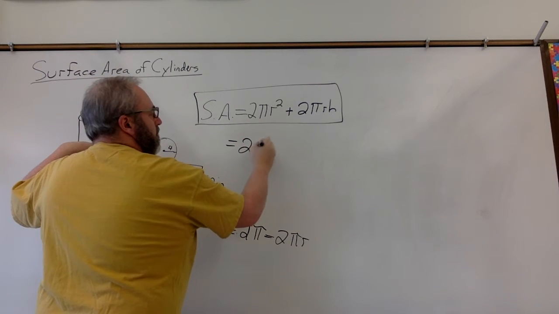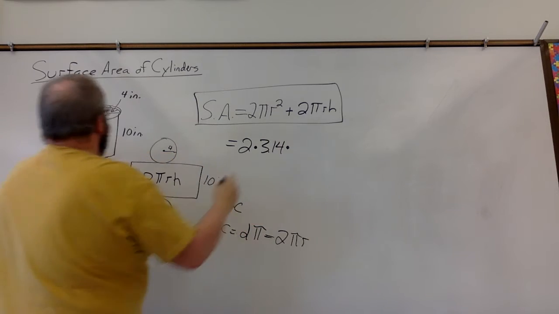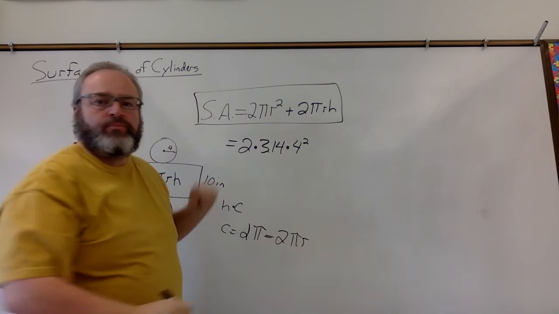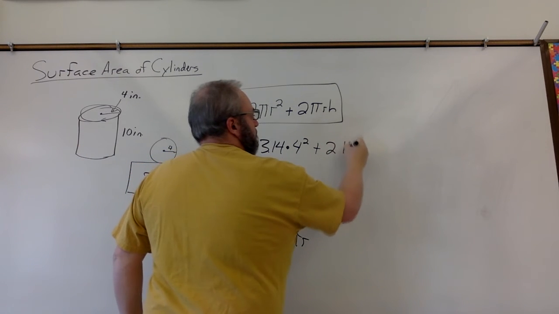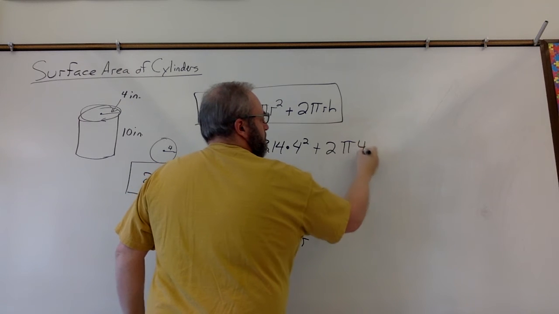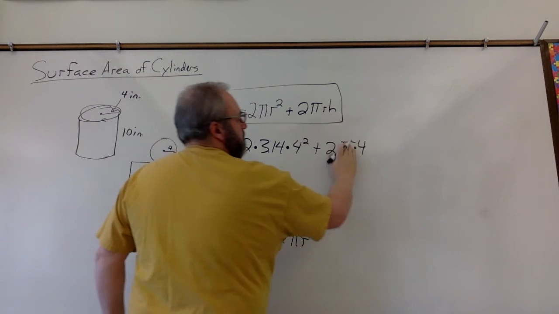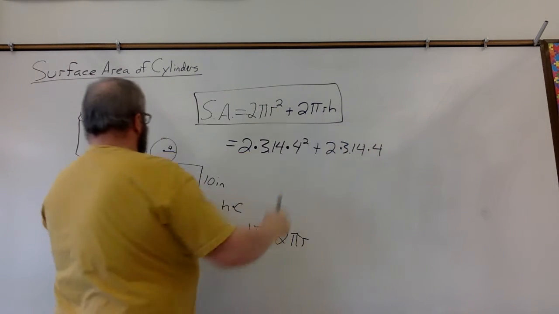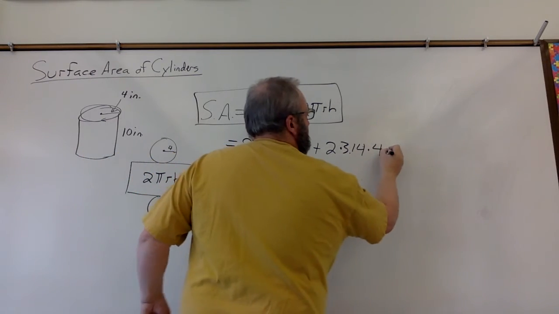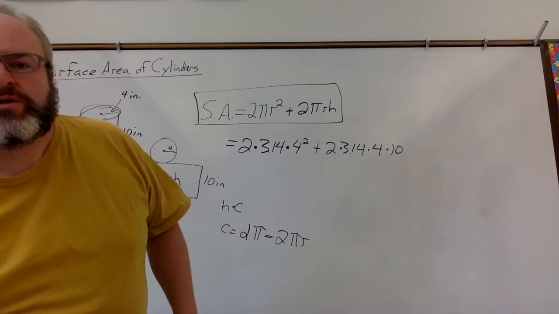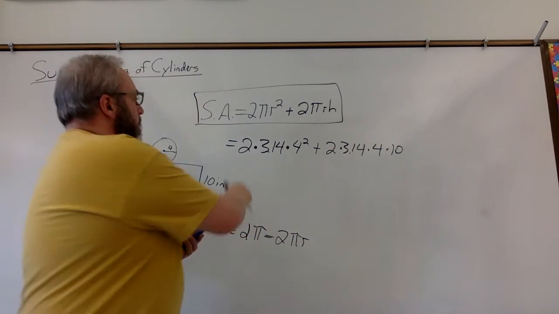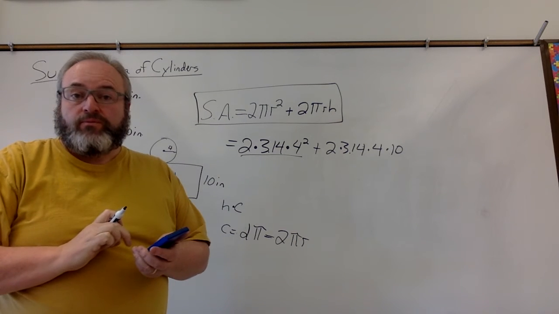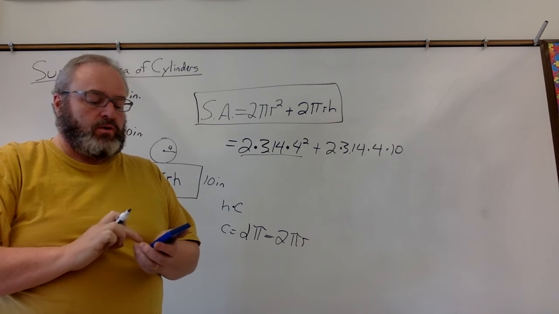So 2 times 3.14 times our radius, which is 4, squared. So that's this part right here. Plus 2 times pi times the radius. Oops, let me replace pi with 3.14. Times the radius times our height, which is 10. This is where calculators come in handy. So this first part, 2 times 3.14 times 4 squared, so 4 times 4, is